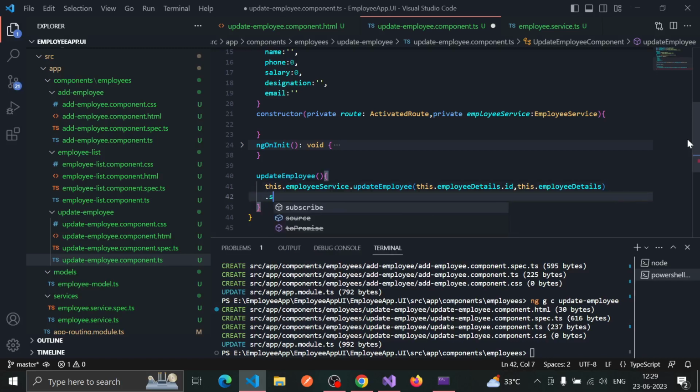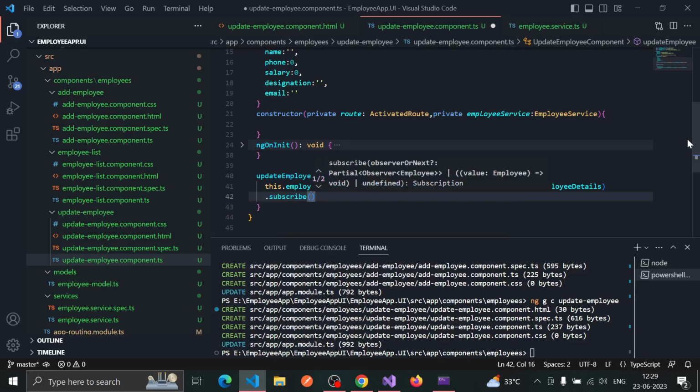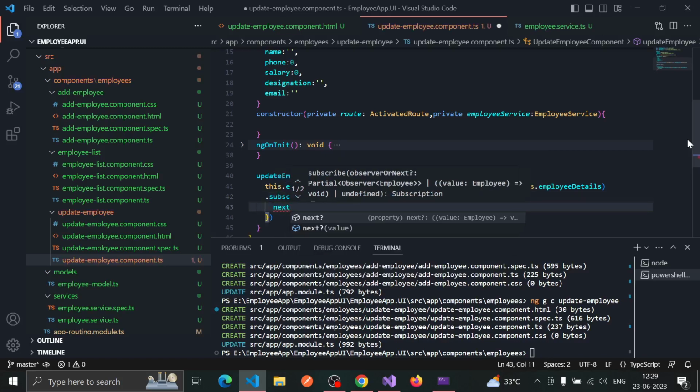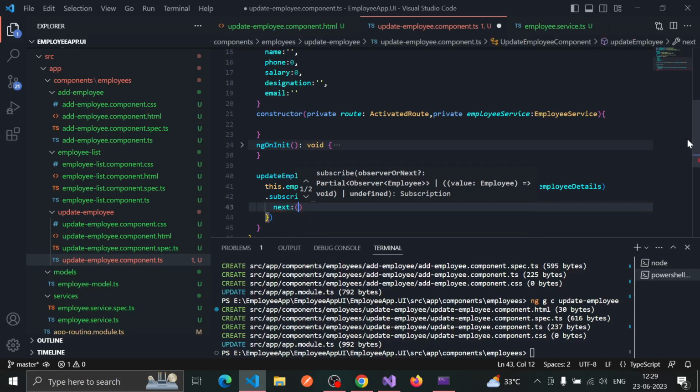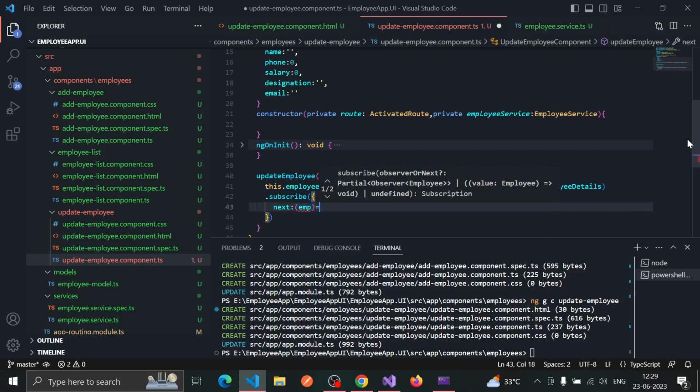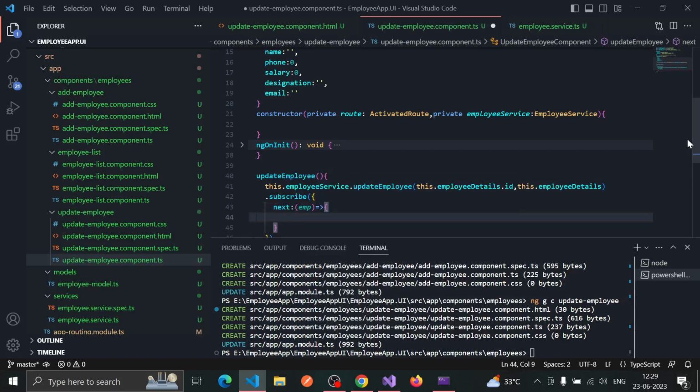Then enter, subscribe, subscribe to next, response, that is, let's say EMP, and inside that this.route.navigate. Route is not there, so I have to add one more parameter